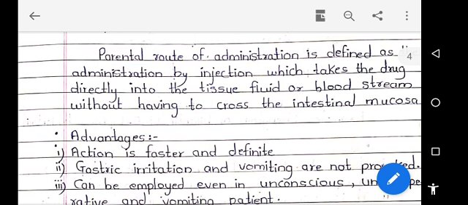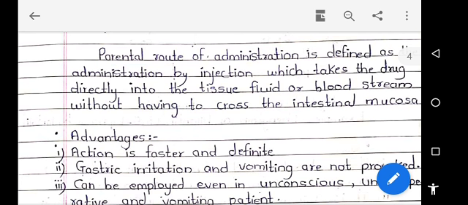Drugs are nothing but chemical substances which are introduced in the body for required pharmacological actions or required therapeutic actions. We use the drugs so as to fight against the diseases or cure the body from these diseases. These are the drugs. The drugs are administered in the body so that we will get the required therapeutic actions.